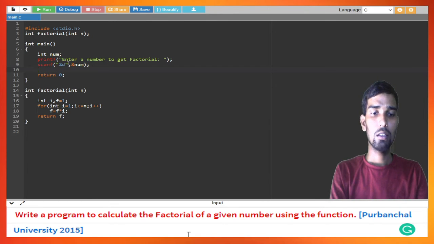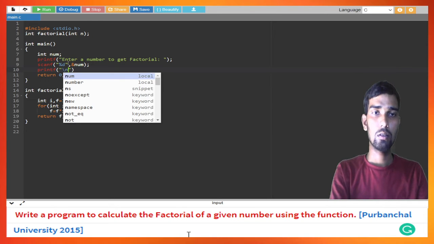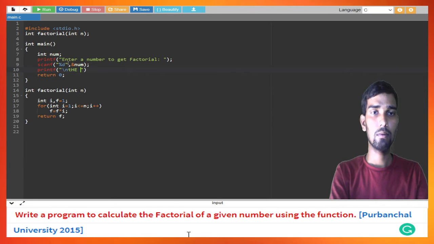So printf. Let me do it using copy paste, so it will be in the same format.